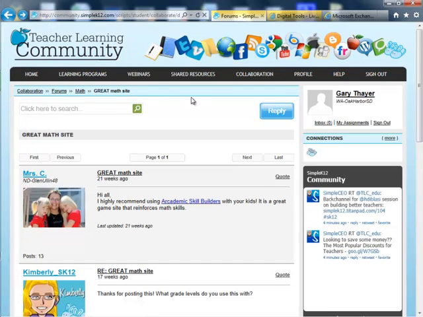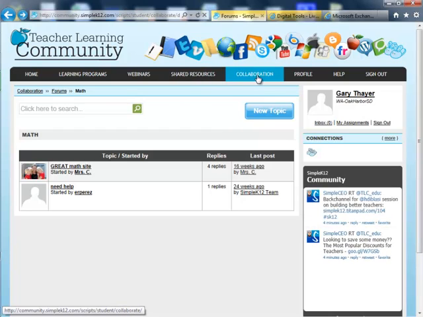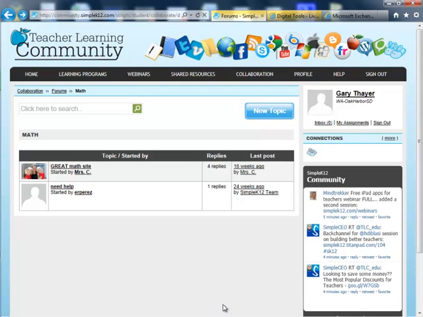So that's collaboration. Those are the four main areas for professional development: learning programs, webinars, shared resources, and collaboration. I also showed you today how to get in and use your profile and how to print a report. That concludes today's